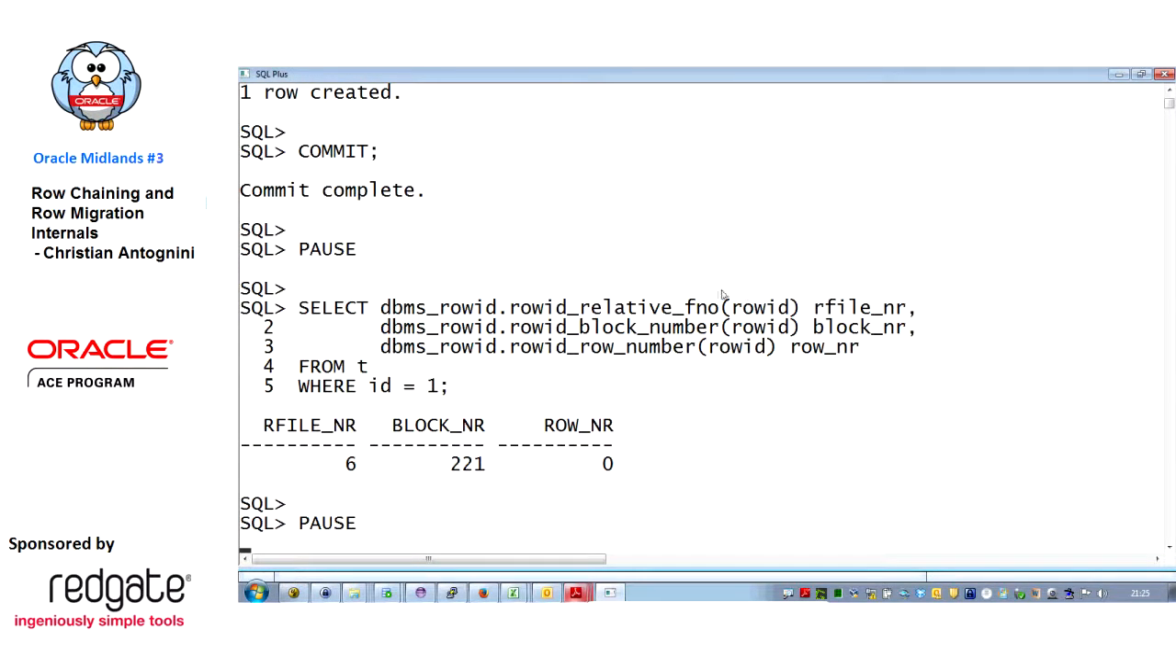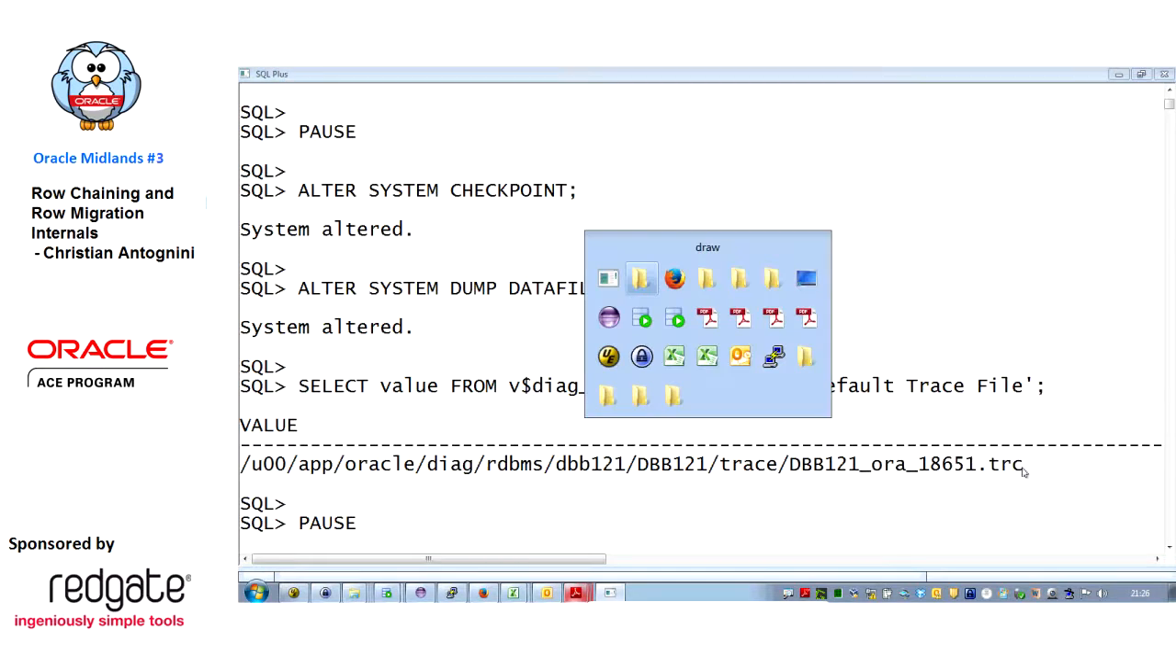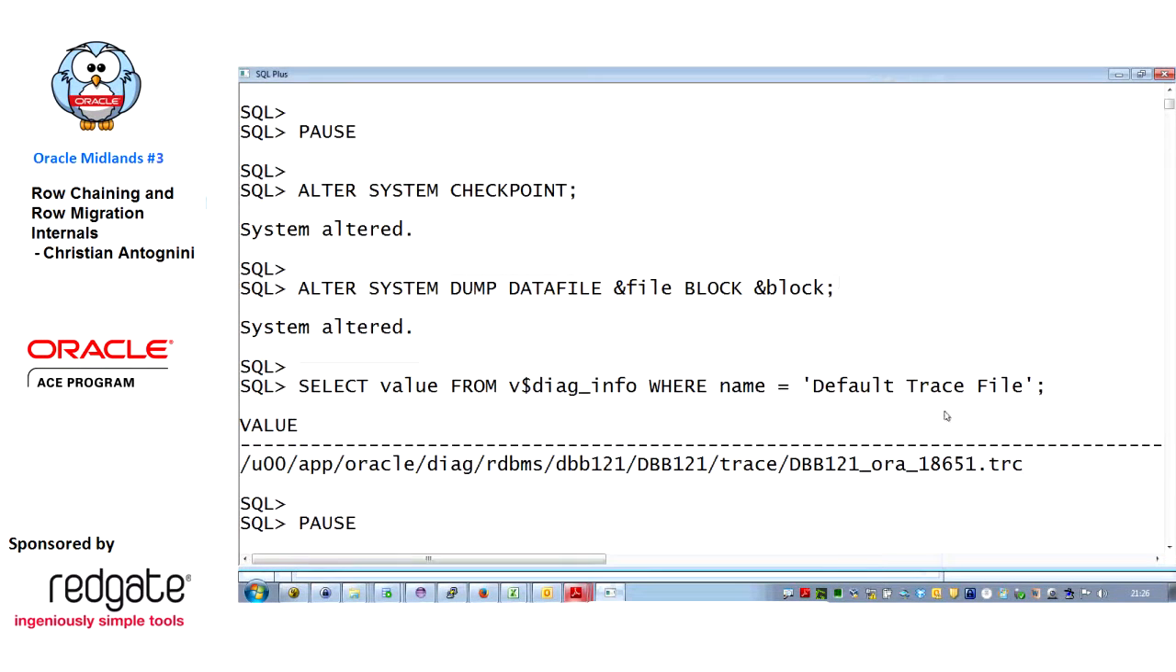Now if I check the row ID of this row, I can use the package DBMS_ROWID to get information. So I see that it's in file number 6, block number 221, and row number 0. It's the first row inserted in this block, and it always gets the row number 0. If we dump this block,